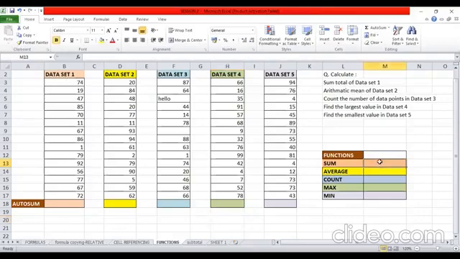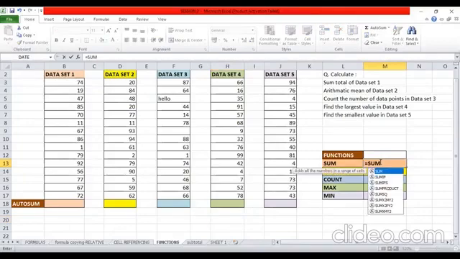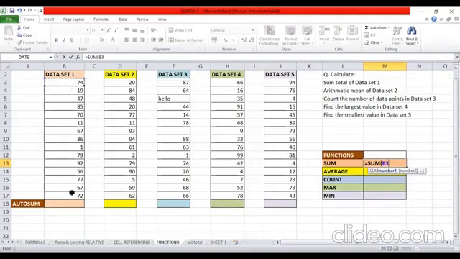I am using the sum function. I will just write equal to, and write the name of the function. You can see as soon as I type the name of the function, it is showing me all the variations which are available. I want to use this one only. I will open my brackets. It starts showing me the arguments to be entered. Now I will enter this entire range by simply selecting it, close my brackets and press enter. It is showing me the sum total of all the values from B3 to B17.